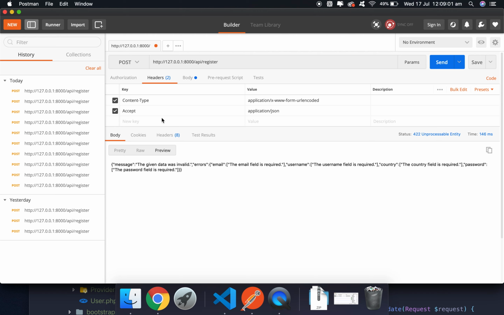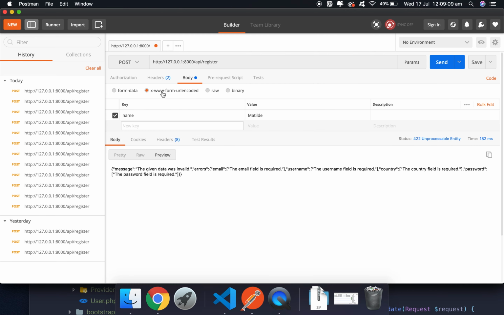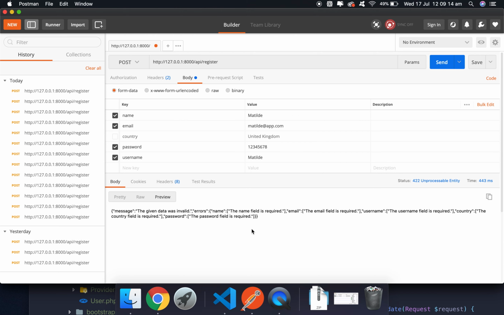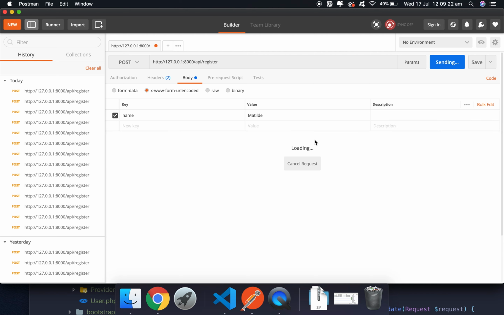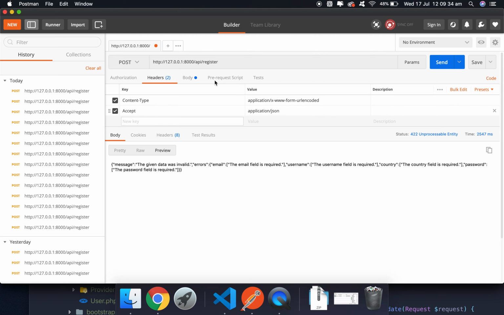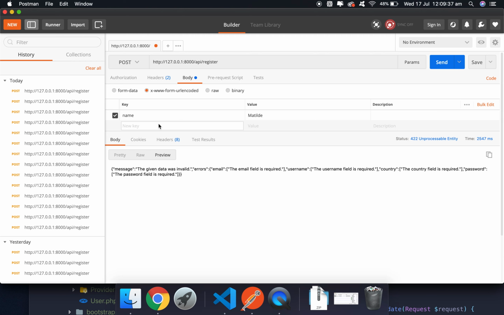Alright, so the issue was about Postman. We need to set accept application JSON. So now if you send this through, even like this here, you can see there will be an error here, and that will basically go in here and just put in here. So we need to put it under x-www-form-urlencoded here. So if you select this one here and then set in the accept one in the headers, this will actually fix the issue. So now if we go in and say username,